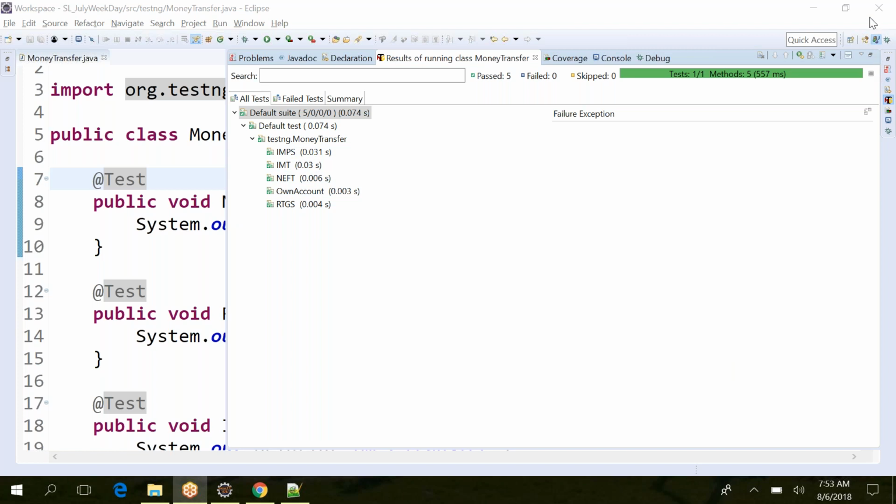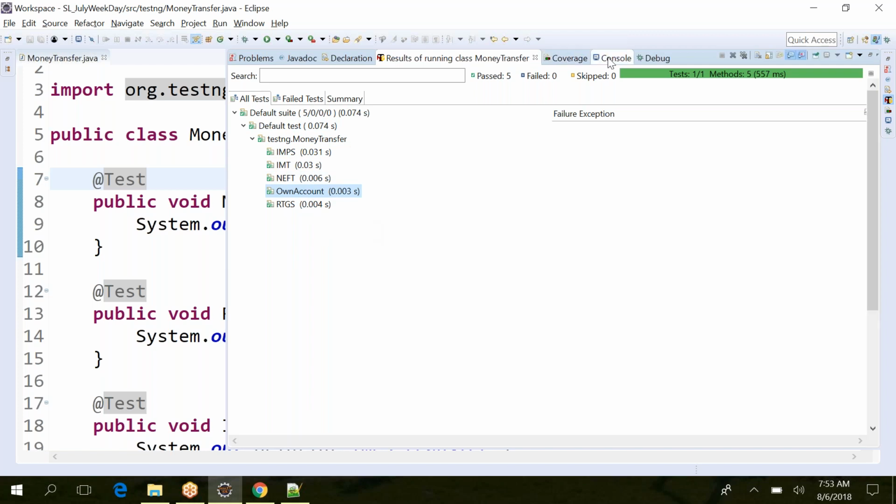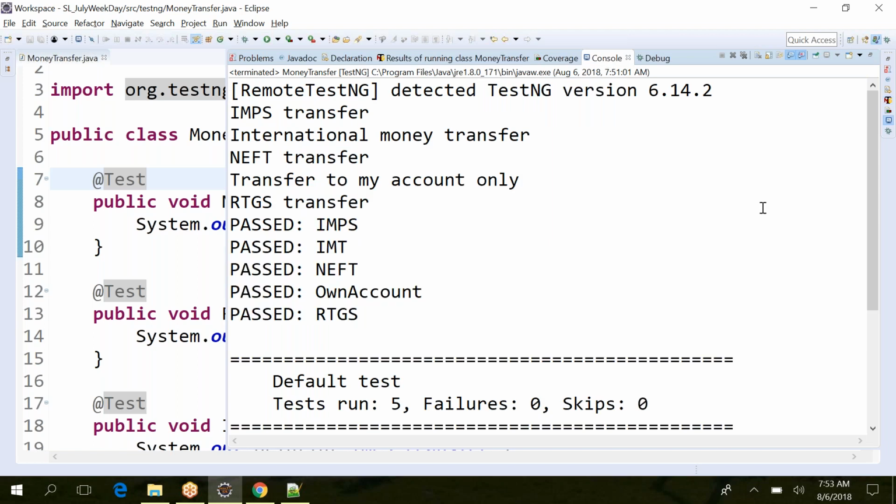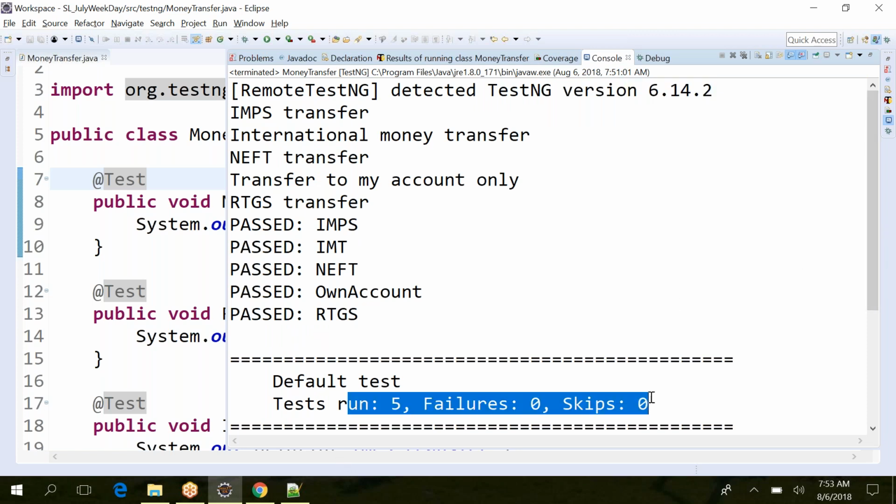So here you can see I have run all my 5 test cases and they are running perfectly fine, and you can see all these things are green color. Green color means it's running fine. So this is the TestNG report you can see here also. Normally whenever we run, we see the output in the console. So here also you can see the output. Here it will show you the TestNG version, which version you are using, how many test cases you run, how many fail, skip, and all this stuff. But there is